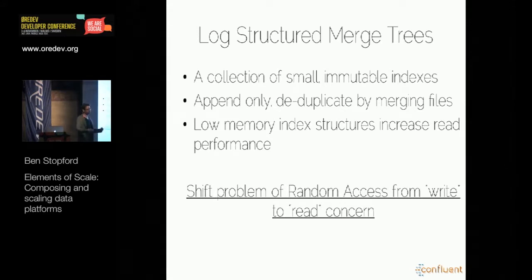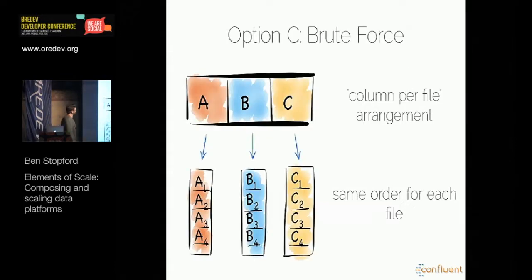So we have a couple of options. We can just put our index in memory. We can use something like a log-structured merge tree, which will shift the random I/O problem from writes to reads. What else could we do? Well, another storage engine approach, which is quite popular, is effectively brute force. If we think back to that original file, it's really just solving that problem of, I've got a use case where I have to read a whole load of this data. So how do I optimize that problem?